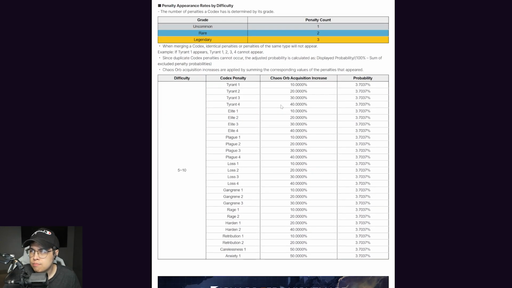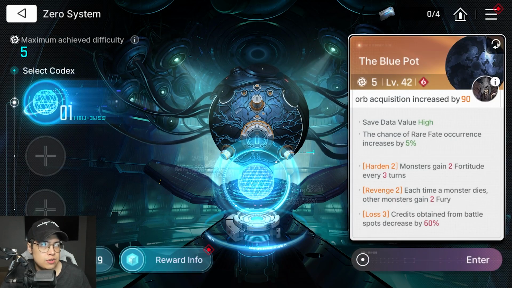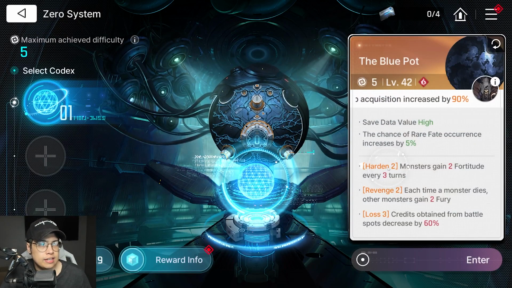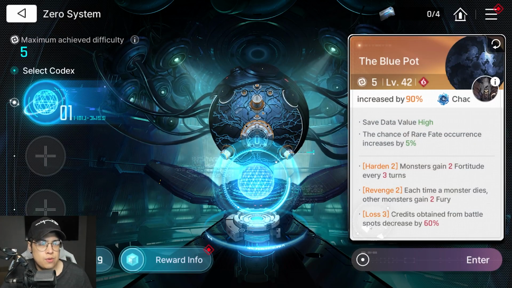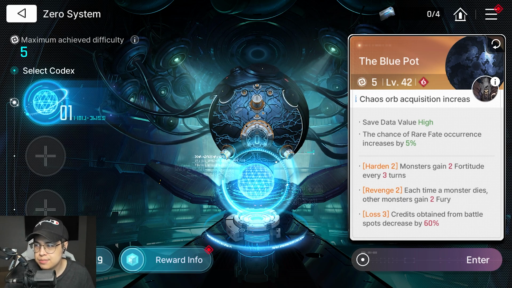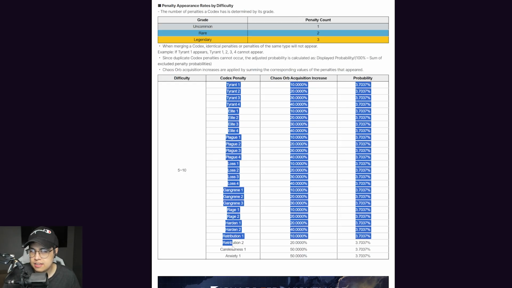Then the only part that I'm not too certain on here is it says when merging a codex, identical penalties or penalties of the same type will not appear. So in my example here, I believe when it's talking about penalties, if I were to hit the little refresh button here and do a merge, then I would not get Hardened 2, Revenge 2, Lost 3, so that way I can try and maybe roll something else that is a little more manageable or less punishing. But then it says here, if Tyrant 1 appears, Tyrant 1, 2, 3, 4 cannot appear. And you see here we have these different things. I don't know if this is just a weird name they give or if this is some other...